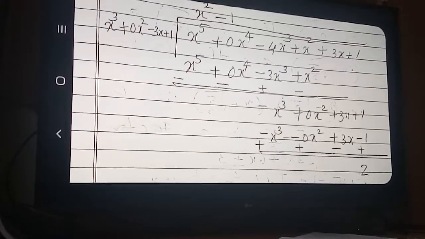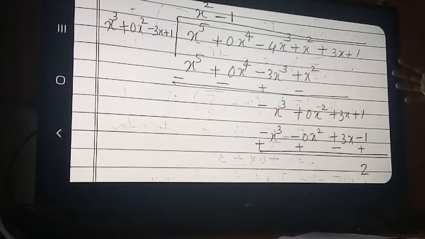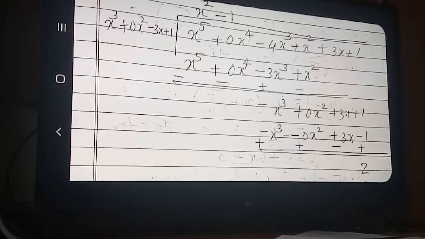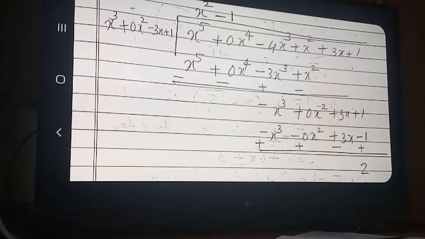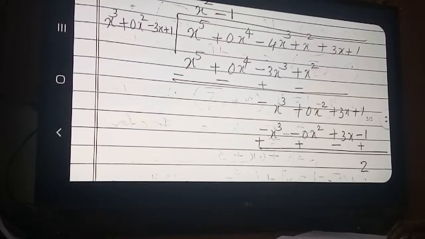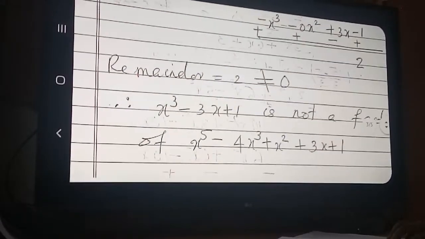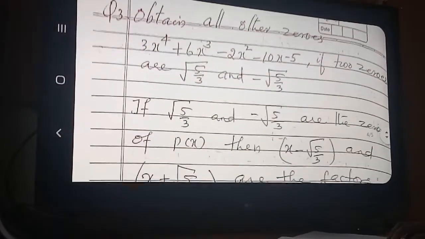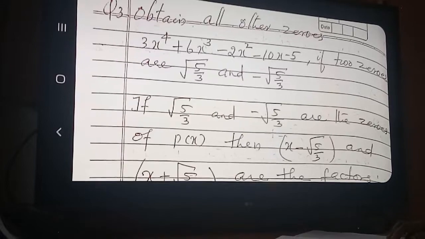Is it clear now? Both the questions, section 1 question and section 2 question, are divisions only, division of polynomial only. In the second question, one change was there: is it a factor or not? Okay, clear? Now, the next question is a different type of sum. Listen, it is different and a very important sum also.